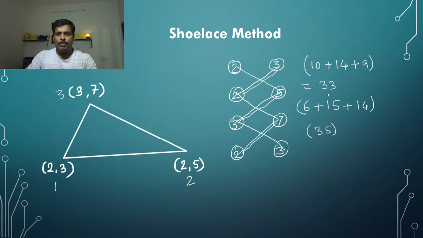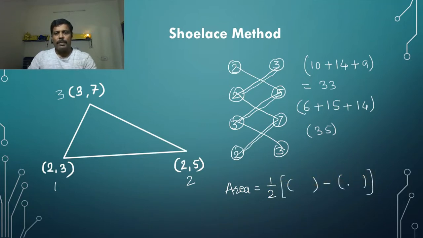You will get 2 values. One is 33 and another is 35. Now how to get the area by using the shoelace method? Area is equal to 1 by 2, the value of the first bracket minus the value of the second bracket. The value of the first bracket is 33, the value of the second bracket is 35. Make the subtraction, that is minus 2. Minus 2 upon 2 is minus 1. But area is never negative, therefore we can consider its absolute value, and therefore the area of this triangle is 1